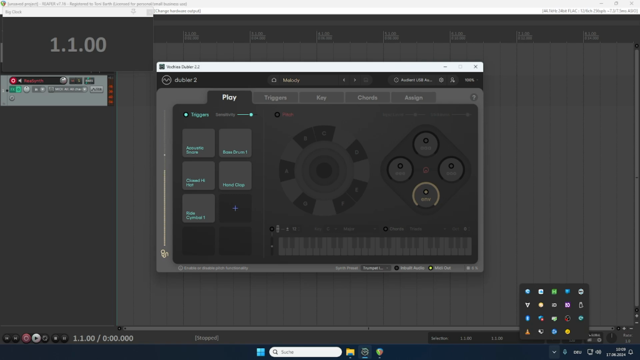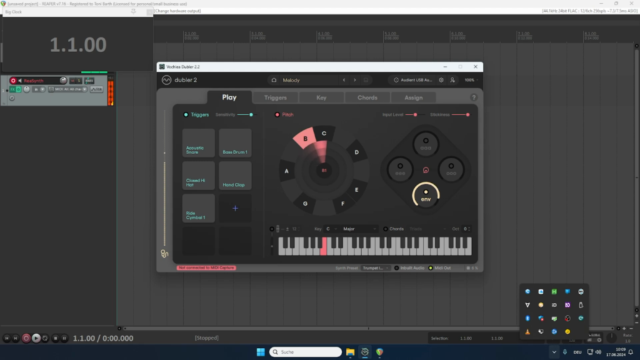So this is what Dubler does if you enable it. I've connected this to a ReaSynth instance, so don't worry about the sound that's coming out of it. That's just the plain defaults by ReaSynth. So that's what you're going to hear in just a second. Da, da, da,